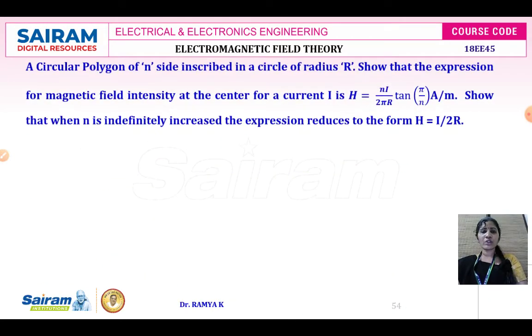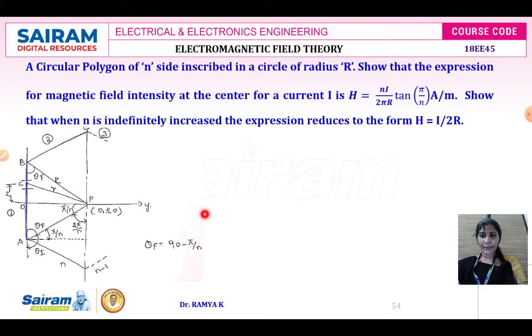In this also, we will have the technique. This is going to be one side of your conductor. Here you are going to assume the differential elemental length. This is going to be the differential current element, and point P is going to be the place where we need to identify the value of magnetic field intensity. Therefore, it is going to be your effect, and this is going to be the cause.